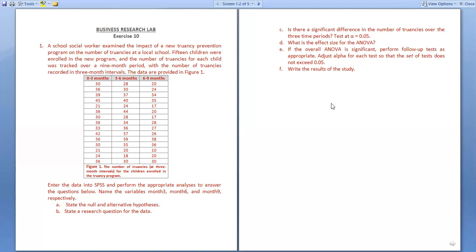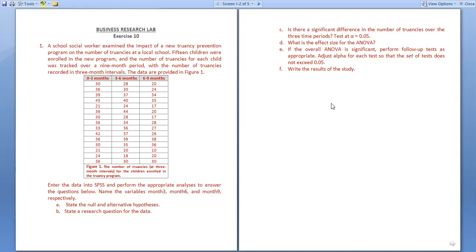So 15 children were enrolled in the new program and the number of truancies for each child was tracked over a 9-month period, and the number of truancies recorded in 3-month intervals. So data is provided in figure 1. So we have data for 15 students for how many truancies, or their missing classes, there were in the first 3 months, next 3 months, and last 3 months. So 0 to 3 months is one period, the second is 3 to 6 months, and the last one is